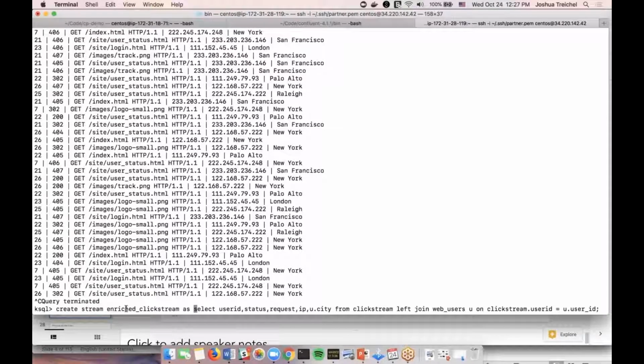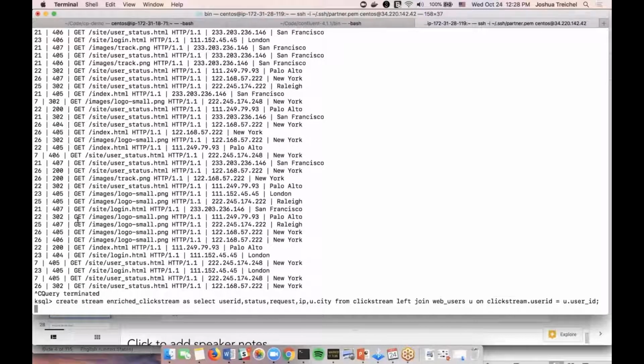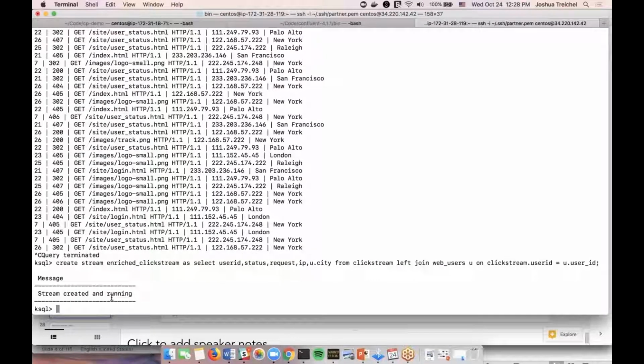So this persistent stream, enriched clickstream, has this backing query, and this is going to run. And now what's cool is anybody that has access can hook in and get this enriched clickstream data, so they don't have to do this join themselves. Imagine a filter, or a number of different things, like I updated one of these fields, the possibilities are kind of endless, right? And so now this stream is created, it's running in the background. Anybody that's interested in that data can hook up to it. And so I just wanted to show off how easy that is.